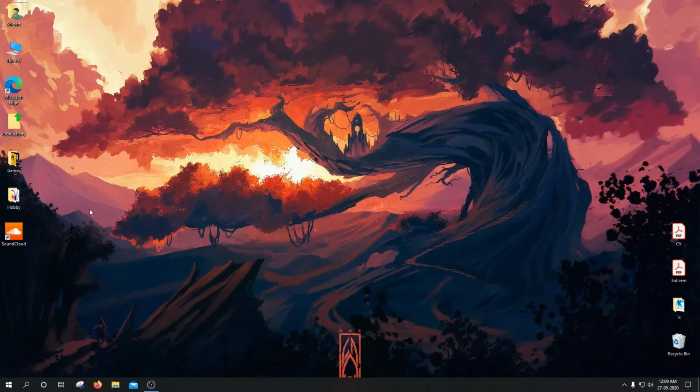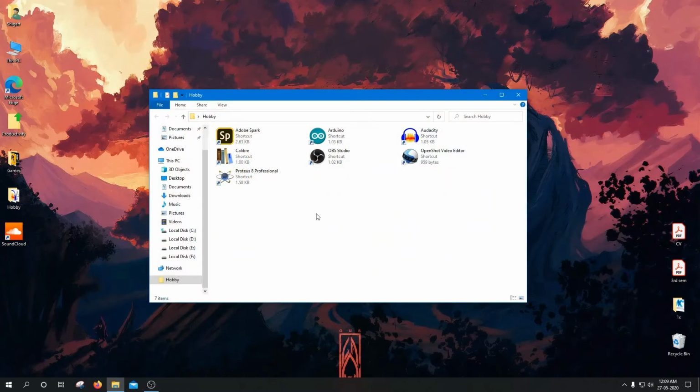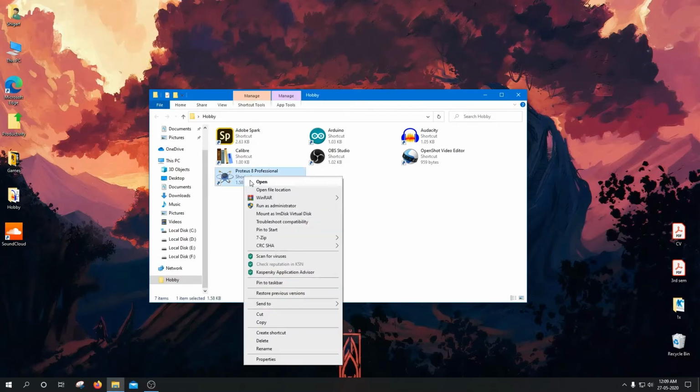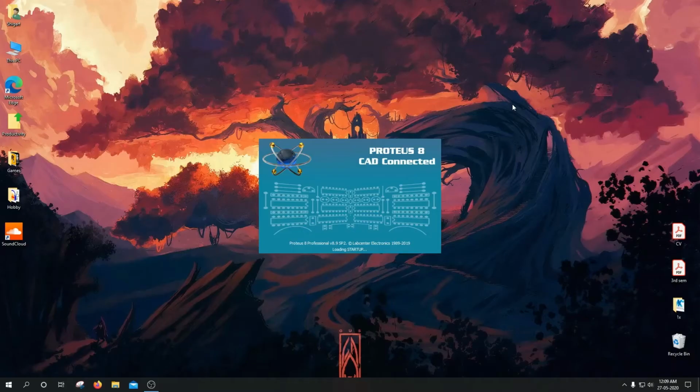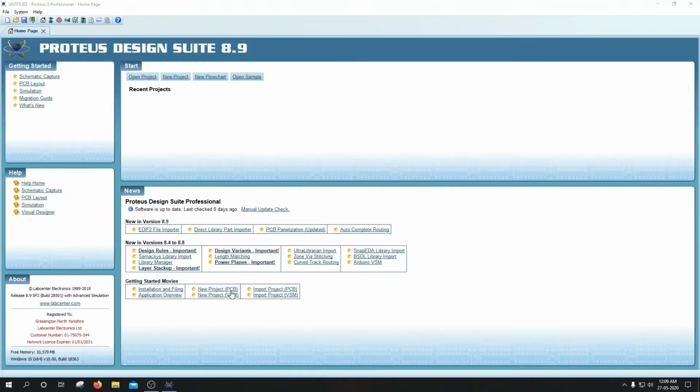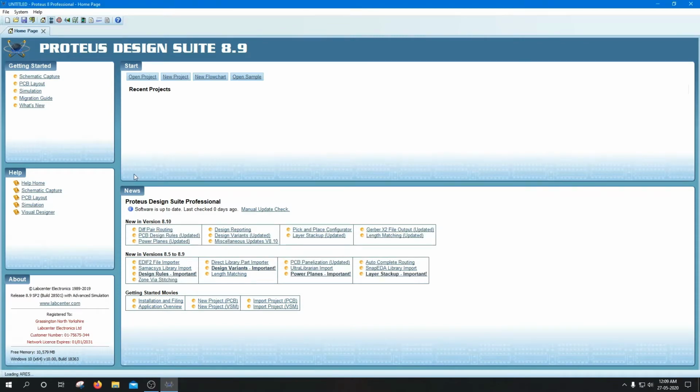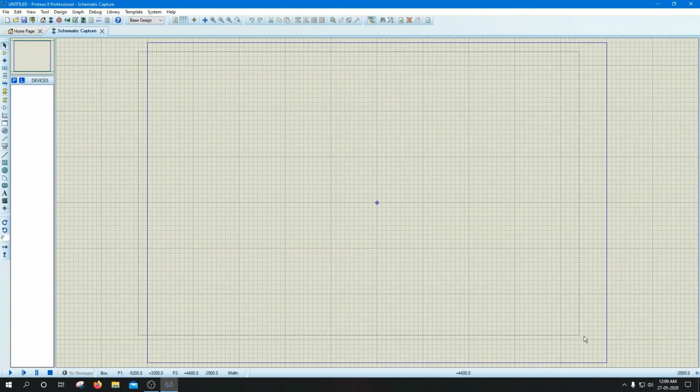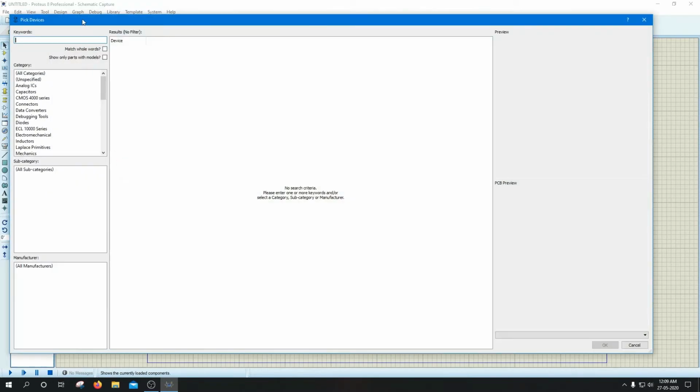For that, first let's open our Proteus software and see if it has the Arduino or not. This is particularly about Arduino, so I want you to open your Proteus 8 Professional, and I recommend you open it as administrator because of permission restrictions. Let's quickly open a schematic capture tab. Now this is the palette, and let's see if it has Arduino or not. So pick devices, let's type